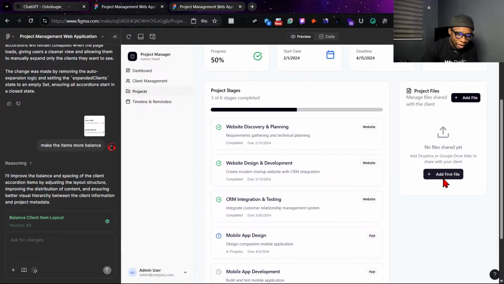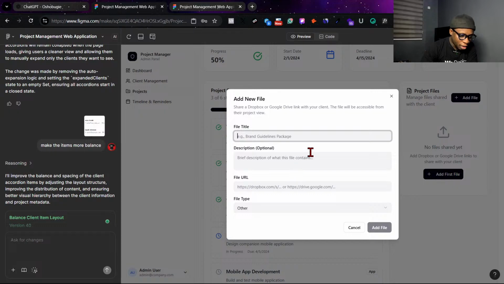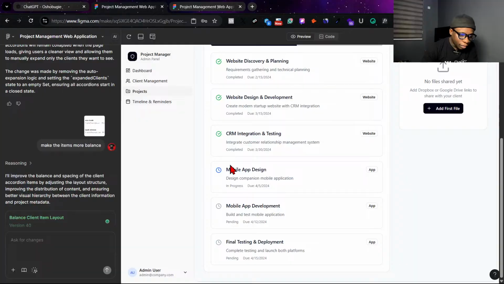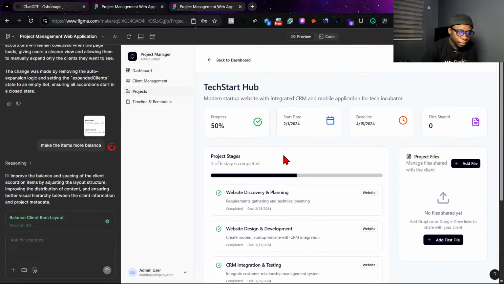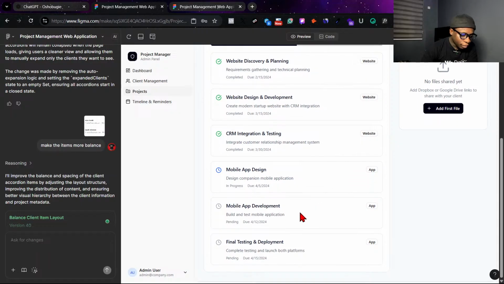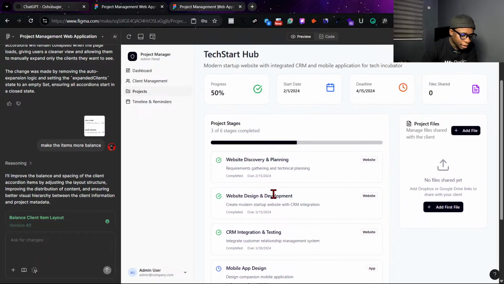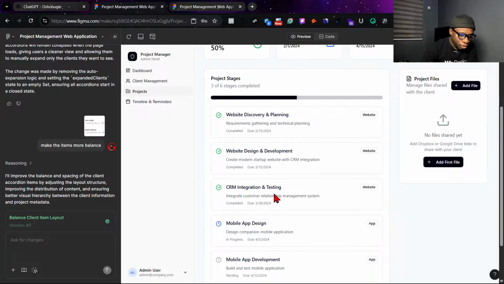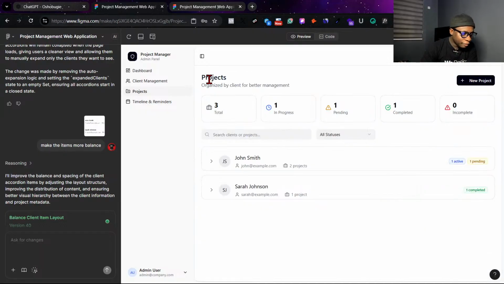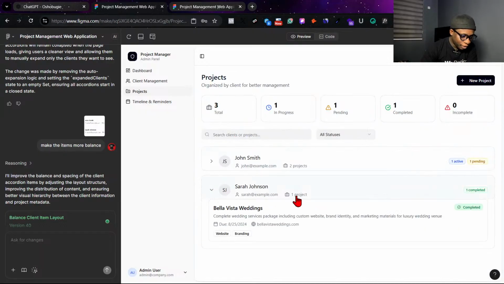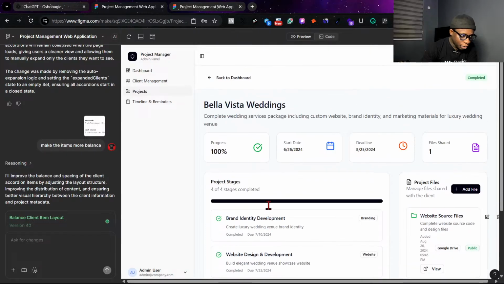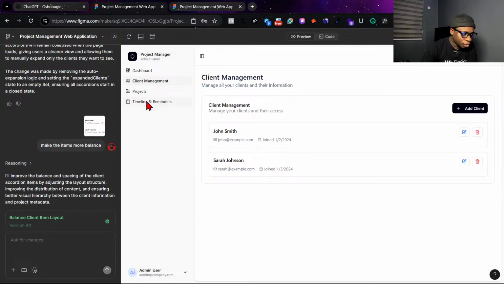So this is where we add files. So if we click on add files, does it work? Yes, it does. Mobile development stages. So okay, just give me a few. I'm just trying to see if we. Okay, this is stage one, stage two. So let's go back to